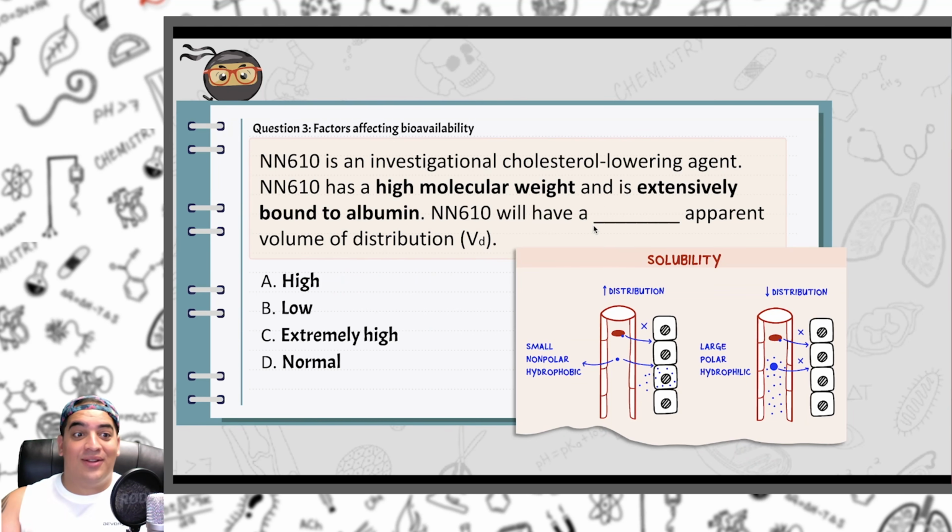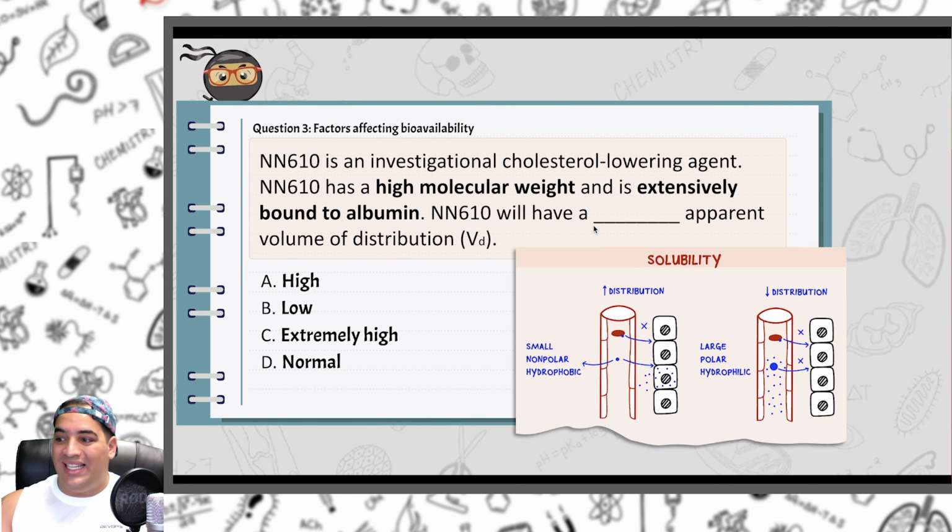All right, guys, so now let's talk about some questions that help us to really understand a little bit more about the distribution of a drug. Here we're going to talk a little bit about something called bioavailability. Remember, I told you it was a very important concept. So we have a drug here, NN610. It's an investigational cholesterol lowering agent. It has a very high molecular weight, so it's a very large molecule, and it's extensively bound to albumin, meaning